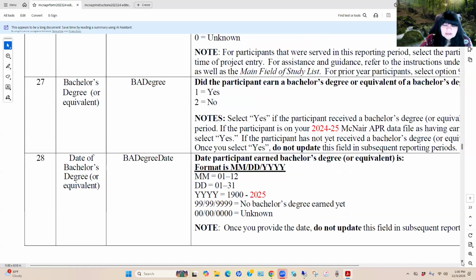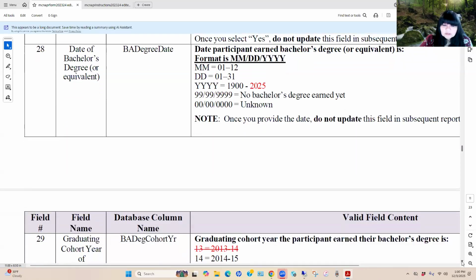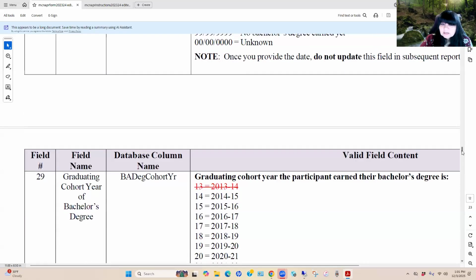The next field that we will respond to is the bachelor's degree cohort. This is also tied to your responses in 27 and 28, in that if you indicate they've earned a bachelor's degree and you reported the degree date, then in which cohort is this student going to be placed?